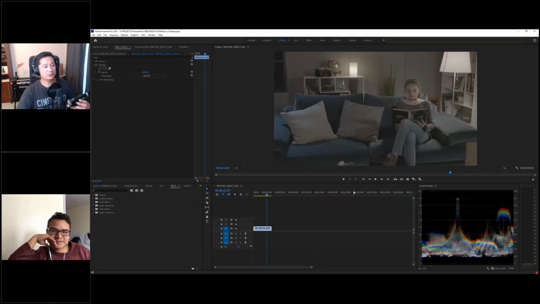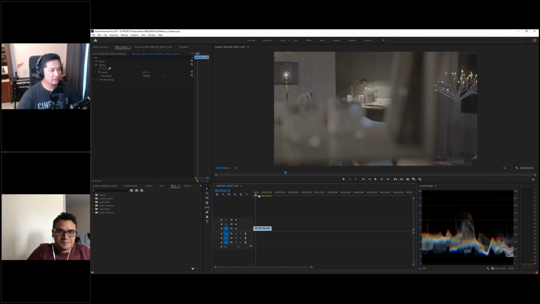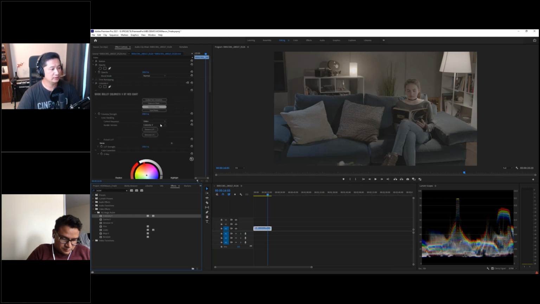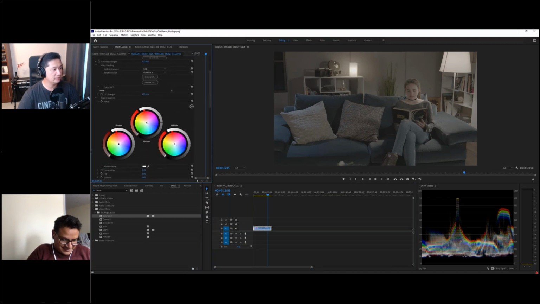Here we have the same clip, right? In Premiere Pro, the method that I'm using involves a lot of the Magic Bullet Suite. So just type in bullet in the effects, and I will have all the Magic Bullet Suite plugins. I will just use Colorista here in clip number 1 to balance my clip. I want a log response, for example. Let me just do it manually this time